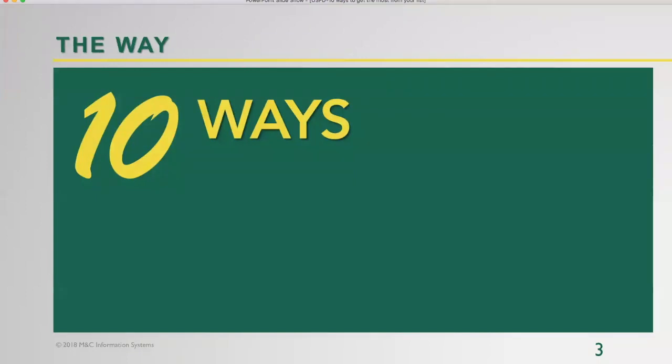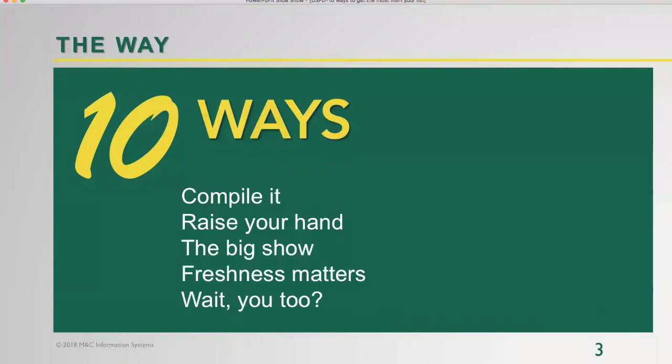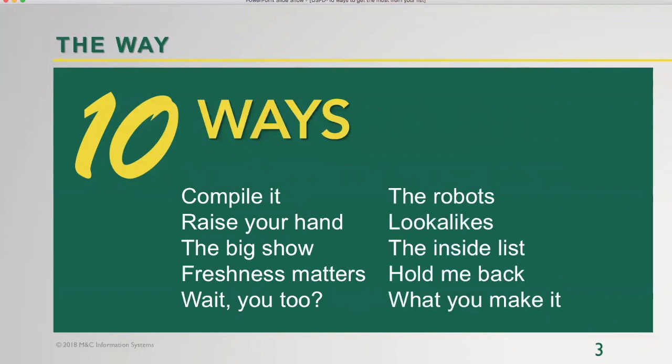These are the 10 ways, because I'm going to keep you for a half hour, maybe a little longer, maybe shorter if there's no questions. So 10 ways. Here's five. The first 5 ways: we're going to talk about compile it, raise your hand, the big show, Freshness Matters, and wait, you too? Then we'll get into the robots, lookalikes, the inside list, hold me back, and what you make it. And so with that in mind, let's